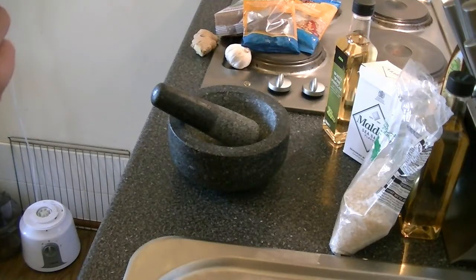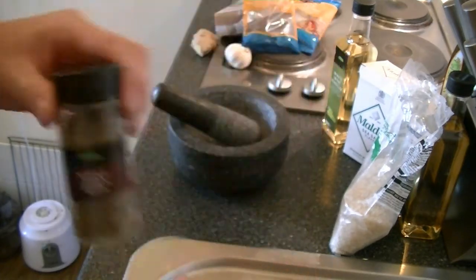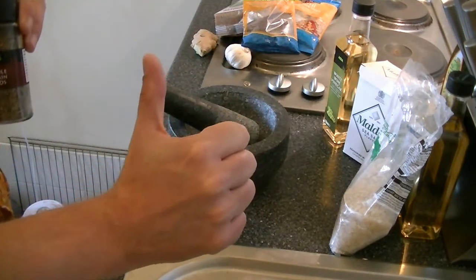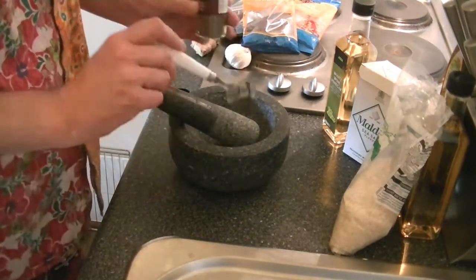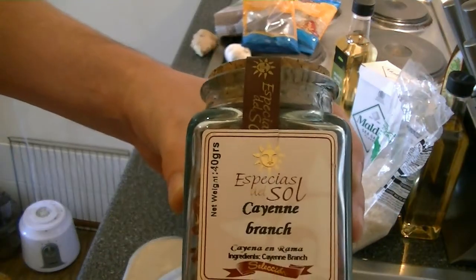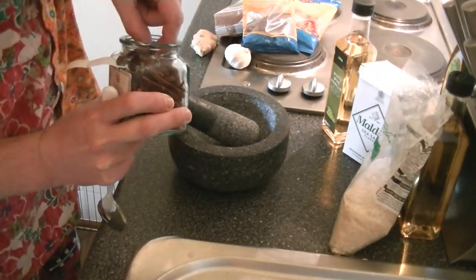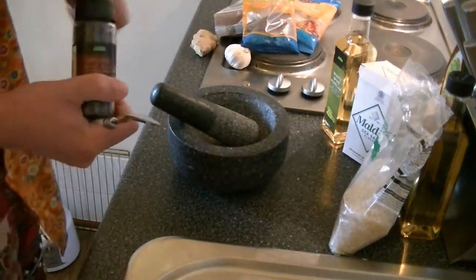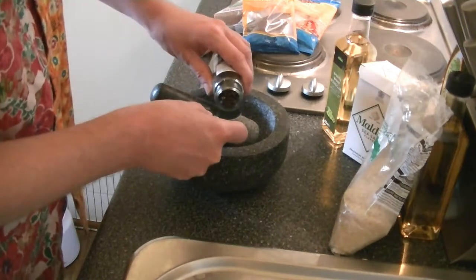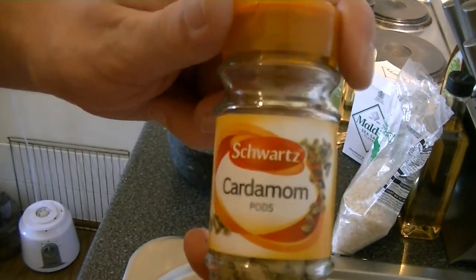Righty right, ladies and gentlemen, and now let's get started. I'm going to add 1 tablespoon of cumin seeds to my pestle and mortar, like so. Smashing. And now I'm adding 4 dried chilies, then 1 teaspoon of black peppercorns, and now the seeds of 5 green cardamom pods,